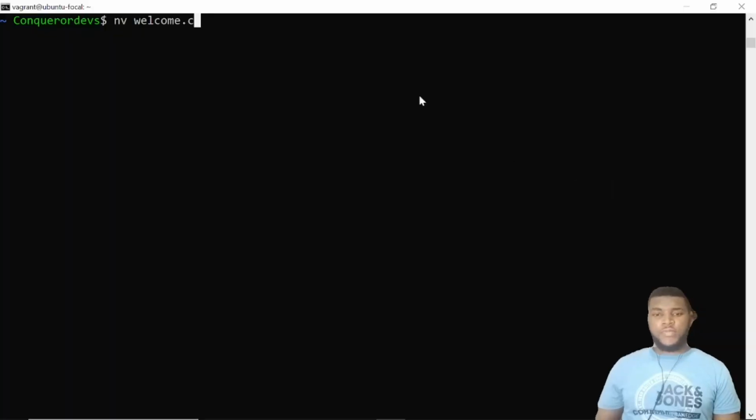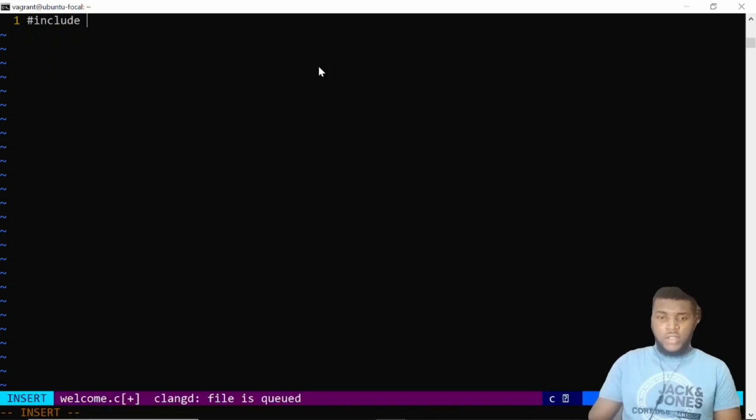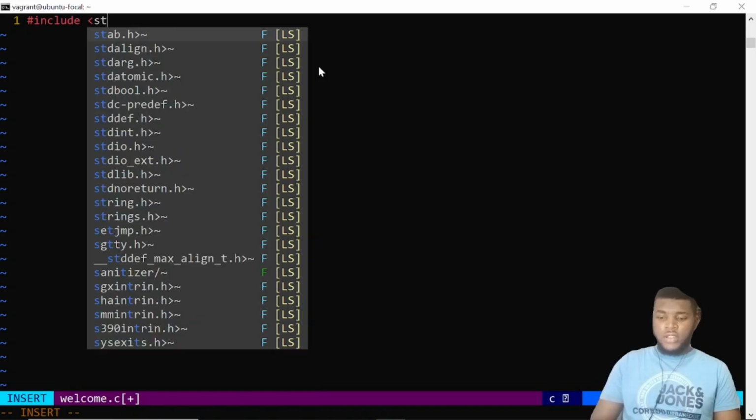Every C program, I'll be calling this welcome.c, and every C program has a .c extension, as you can see over here. I'll be naming our first C program welcome.c because it's going to welcome me into the C programming language. Every C program starts with a preprocessor directive, which is the include stdio.h, which is